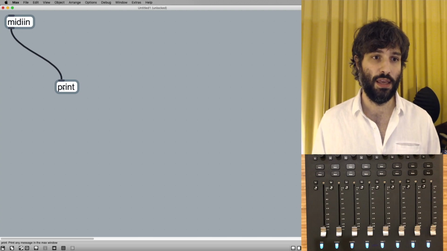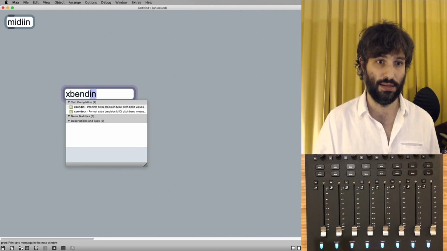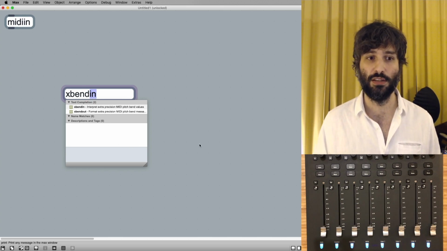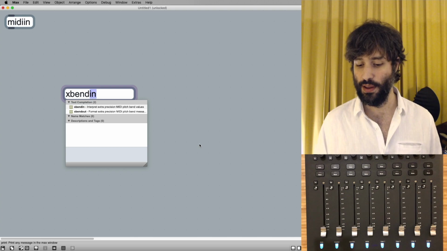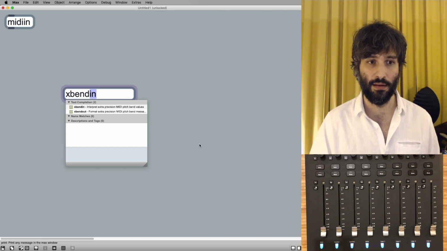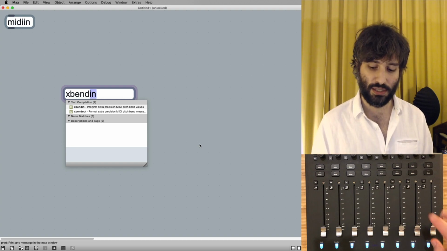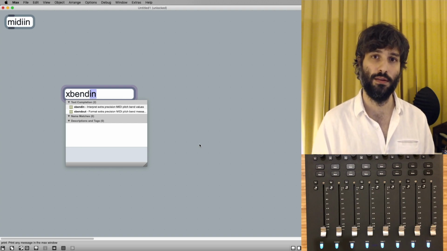So the key to this whole operation is going to be an object called XBendIn, which, as the description reads, will interpret extra precision MIDI pitch bend values. What I think is happening in Yukon in general is they are summing two MIDI messages, just like a keyboard controller does for the pitch bend wheel.